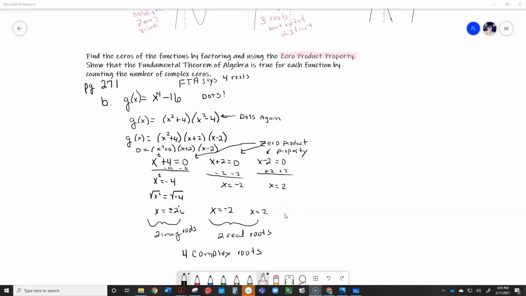And we could take each one of these roots and turn each one of them into a linear factor. And so this would be x plus 2 and x minus 2. So just like the Springboard book said, all fourth degree polynomials can be written as 4 linear factored terms, linear factors. So we have proven the fundamental theorem